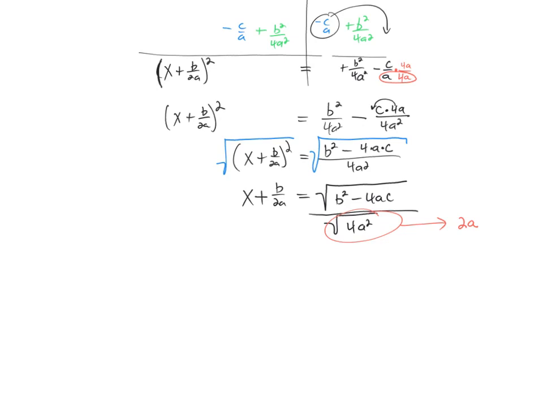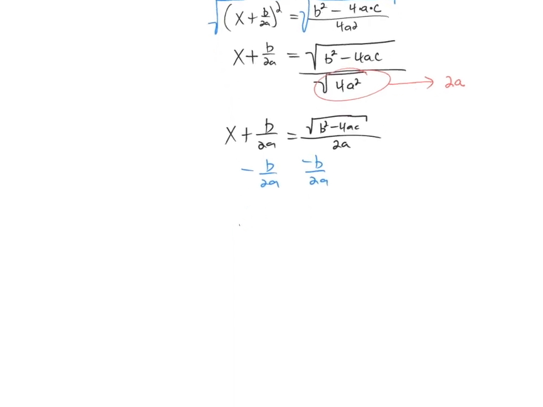Okay, so I now have x plus b over 2a equals the square root of b squared minus 4ac, all of that over 2a. Well, I've got to get x all by itself, so I've got to do some subtraction: minus b over 2a on both sides. And what do you know? We get x equals negative b over 2a